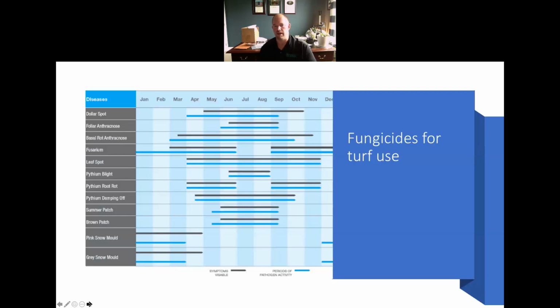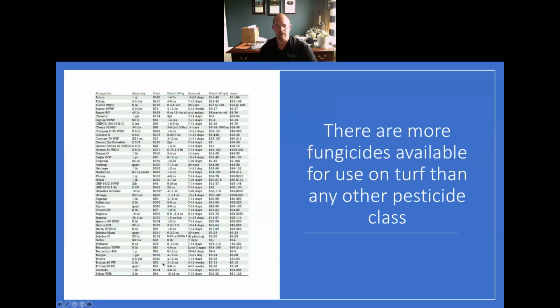So now we're going to get into talking a little bit more about the fungicides that we use on turf. This is just a picture of a disease cycle calendar, illustrating how we have different windows throughout the year when these diseases are present. I will tell you, being in this business on the supply side, there are more fungicides available for use on turf than any other pesticide. It's kind of aggravating for me,